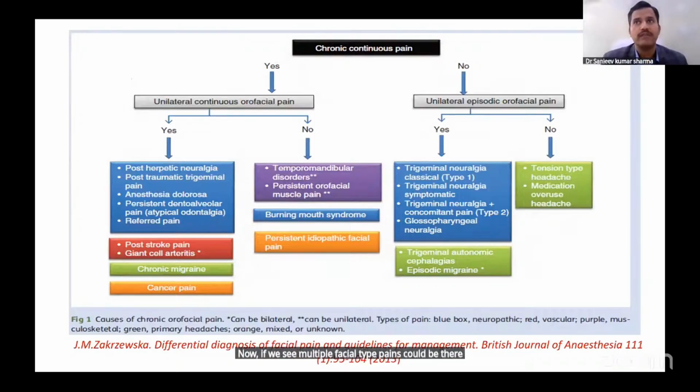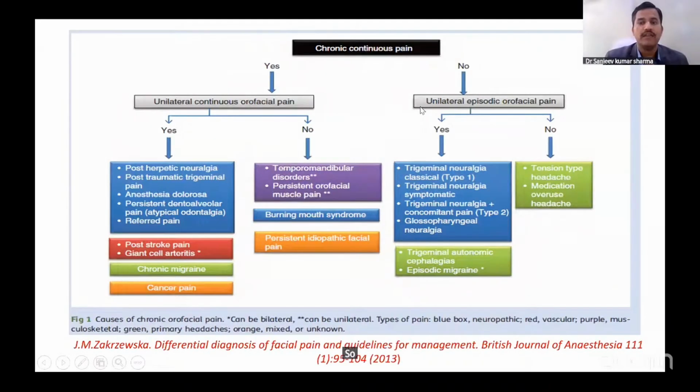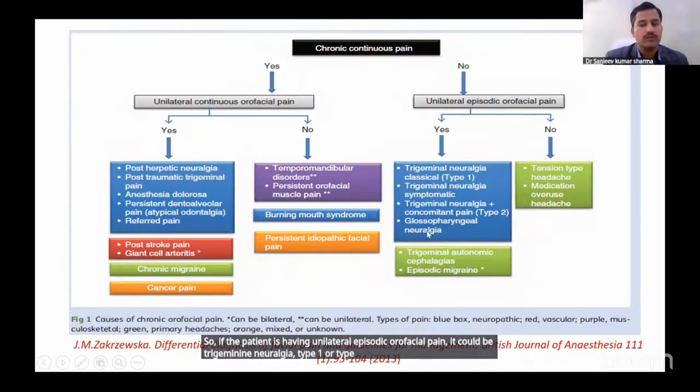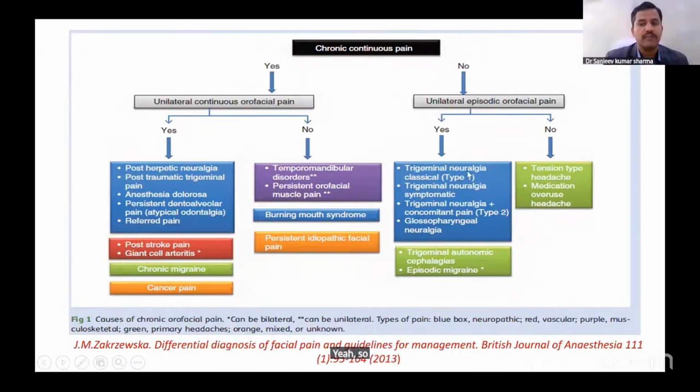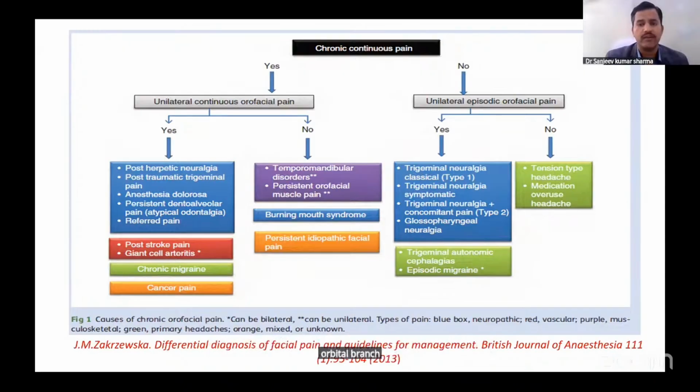So what are the different facial pains and what interventions we can plan, we can see in this chart. If the patient is having unilateral episodic orofacial pain, it could be trigeminal neuralgia type 1 or type 2, or glossopharyngeal neuralgia. In case of trigeminal neuralgia, we do Gasserian ganglion RFA, or we can go for peripheral nerve, that is maxillomandibular nerve RFA, or the peripheral branches, that is the supraorbital, infraorbital branches, we can go for RFA or pulsed